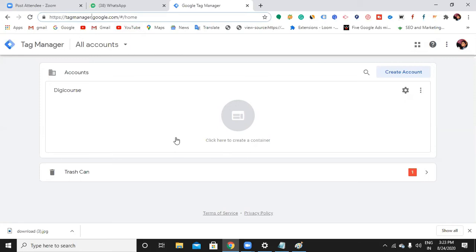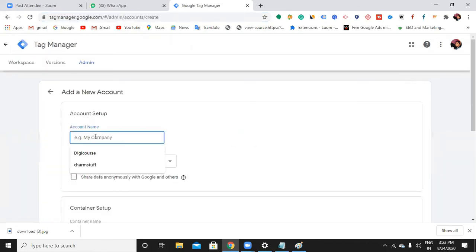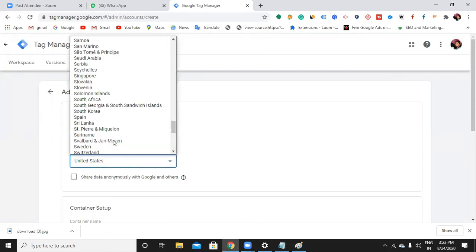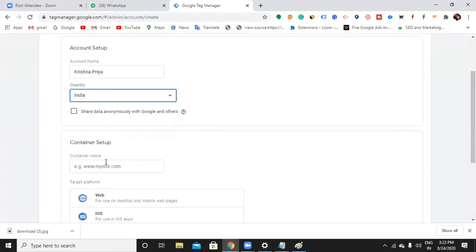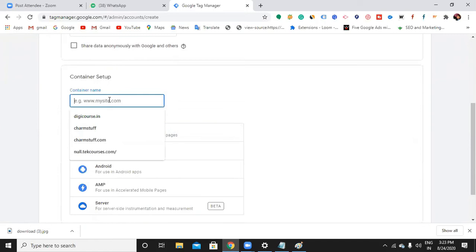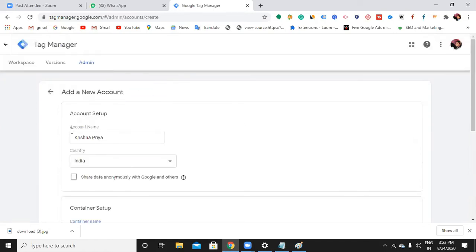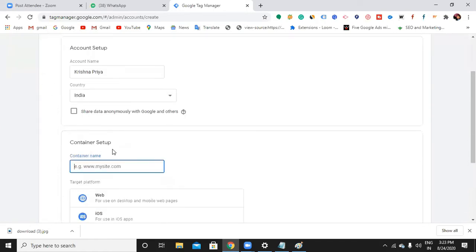By default, I have a Dizzy course one. Now let me try to create an account. Click on create one. Enter the account name, choose the country. Now you can see the account setup and here the container setup.